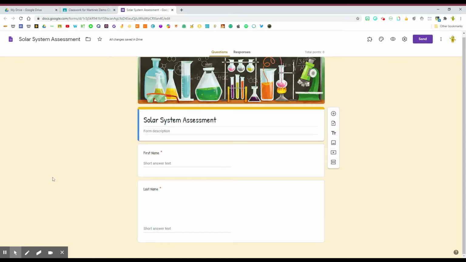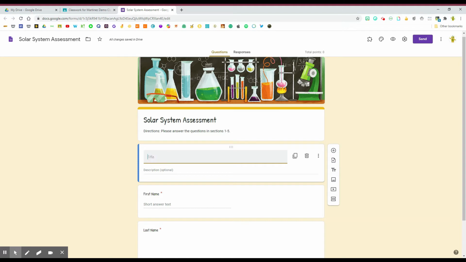For assessments, I also like to add some type of directions for students to follow. So there's 2 ways that you can do this. You can type that in under the title. So I have placed here the directions. Please answer the questions in sections 1 through 5. Or you can use the third option here, which will allow you to add text